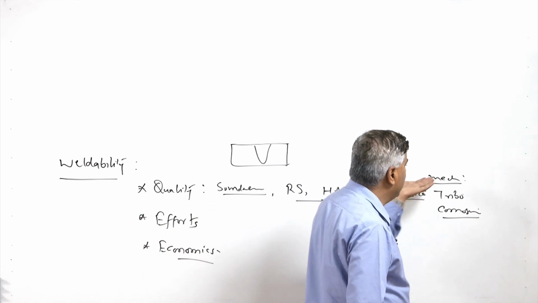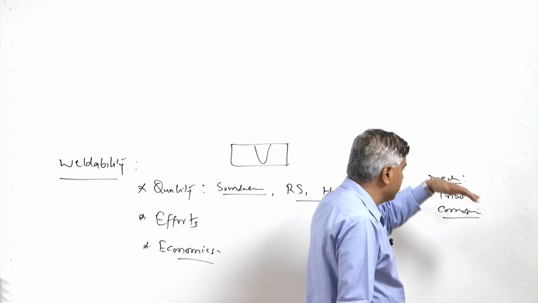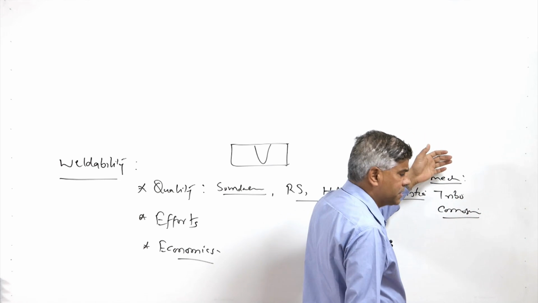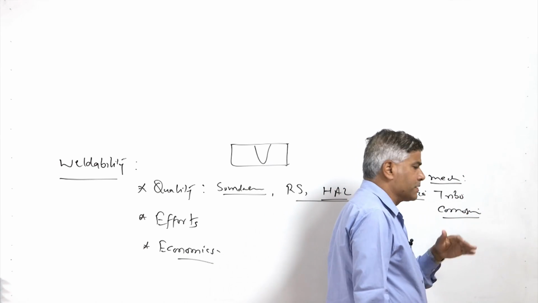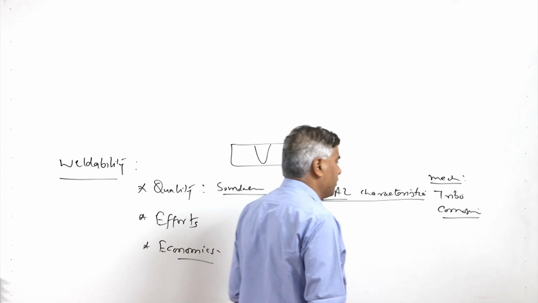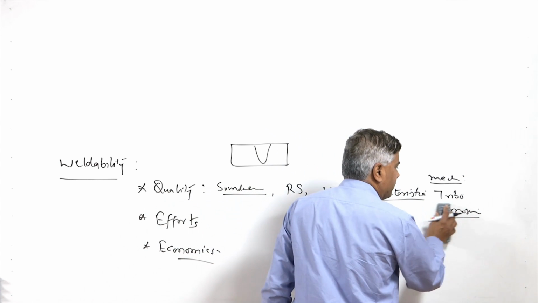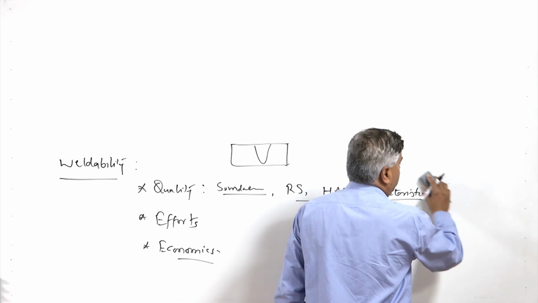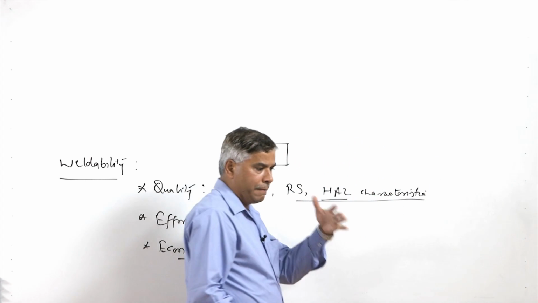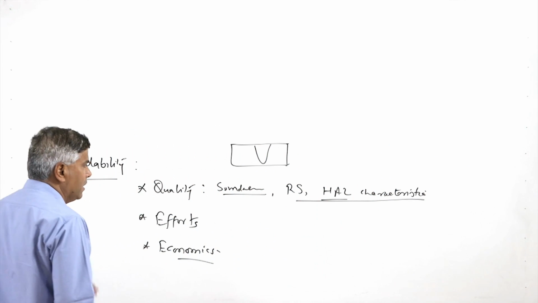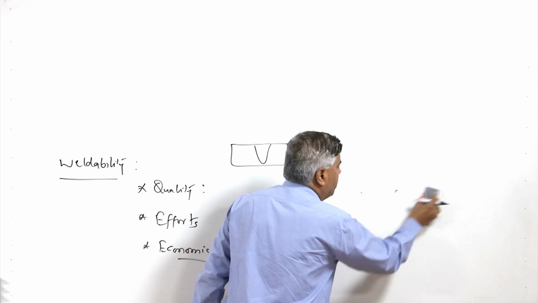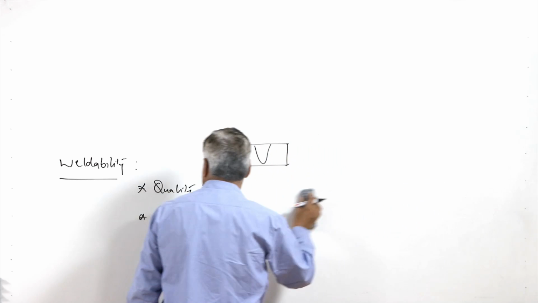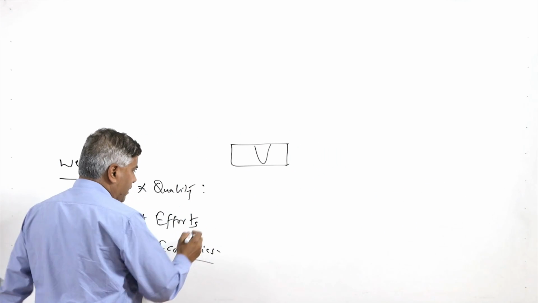So, the weld joint may have much better corrosion resistance, but it may not be equally good in terms of the mechanical properties, or vice versa: the joint may be very good in terms of the mechanical properties, but may not perform successfully under the given set of service conditions, and may be very poor in terms of the corrosion resistance when it is used in an aggressive environment.